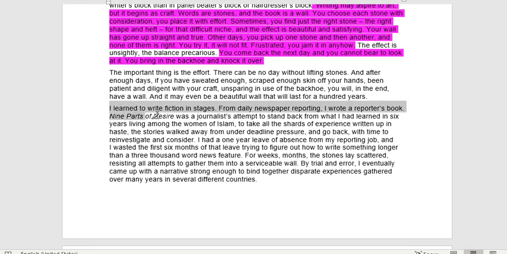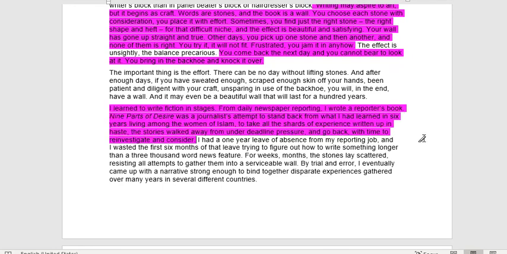All right, well, we get a direct link to her world here, right? So we all know that she was a journalist and that she was a foreign correspondent. So she gives us again some more anecdotes and implicates herself within her own writing about her experiences as a foreign correspondent and where she lived, so among the women of Islam, as an appeal to ethos, right? That she is qualified to speak to her purpose concerning fiction and truth. She is someone who went and lived in this new type of experience and wrote about it in the best way she could. Obviously, paying homage and giving the right, dutiful respect to the women in these stories.